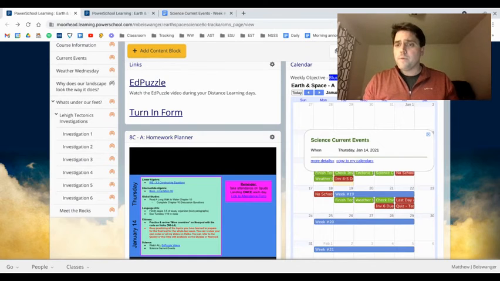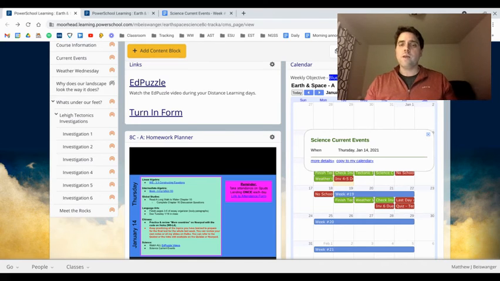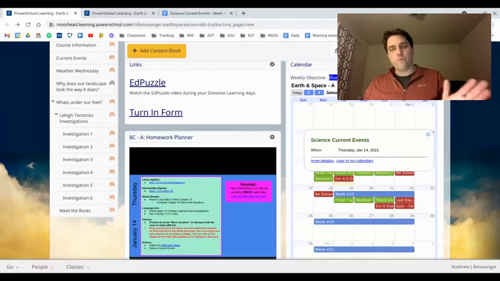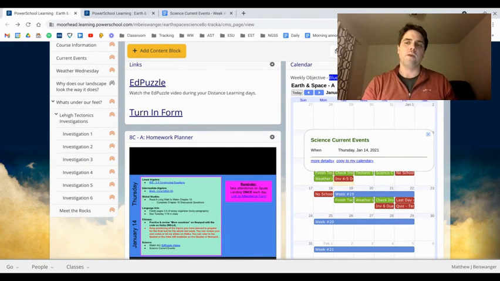Other than that, please make sure you're keeping up with your moon log. Today it might be kind of iffy. It's supposed to be kind of stormy today, but a good time to look for the moon currently is going to be in that late afternoon, early evening time. Really, anytime afternoon through evening, but right after sunset. Right now, the moon's not very big, so right after sunset is going to be your best bet for looking for that moon. But afternoon, evening, those are your best bets for looking for the moon right now. But you can record those in your notebook and get those done.